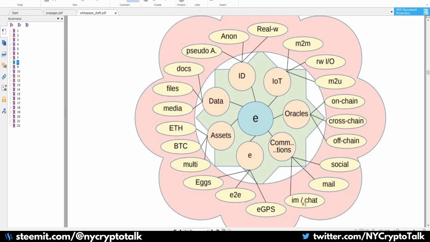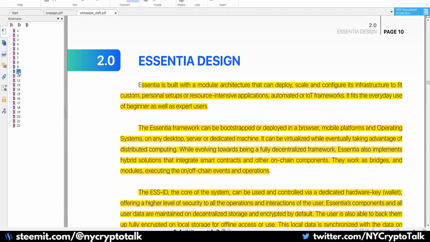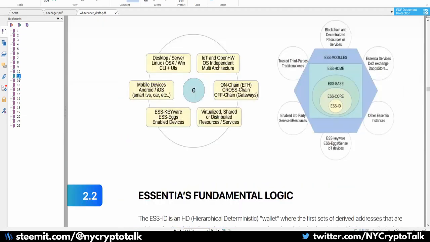Communications through social, mail, email. That's things that they've already integrated with. And then you get into this is more business related, the eggs, E2E, eGPS, assets, your cryptocurrency. And then they go into a little bit more of the details. This is kind of just how they visualize the platform and how they see people accessing the Essentia